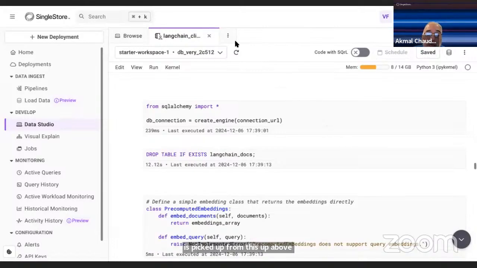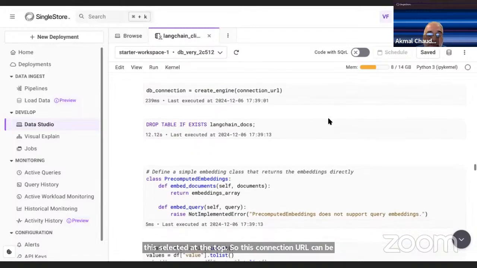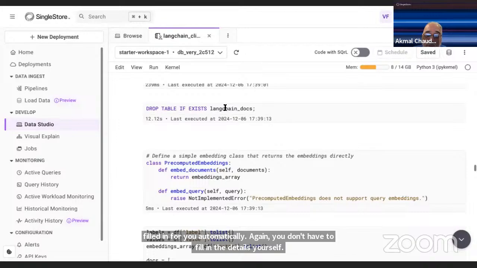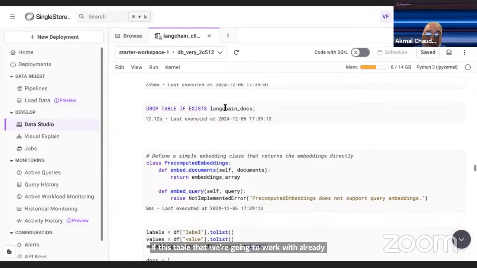That's why you need to have this selected at the top, so this connection URL can be filled in for you automatically. You don't have to fill in the details yourself. If the table that we're going to work with already exists, drop it. It just gives us a clean slate to begin with.